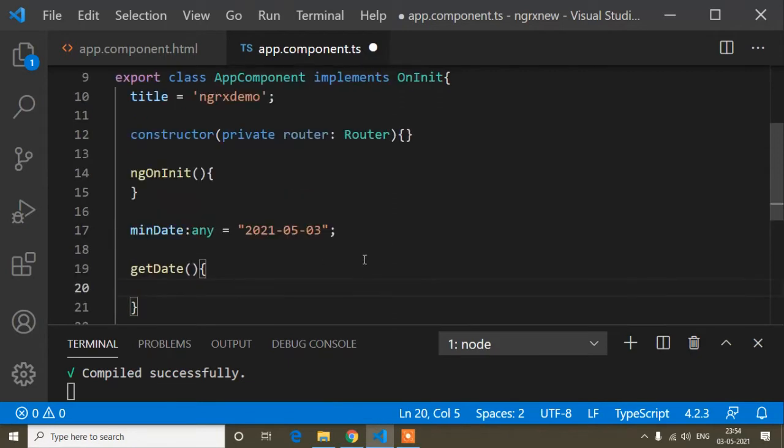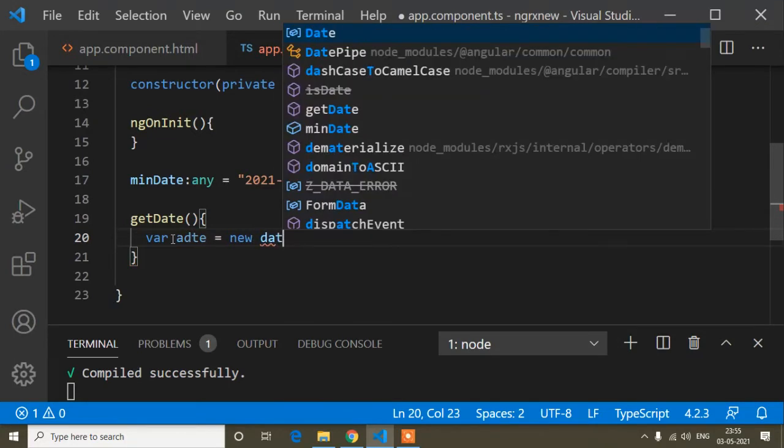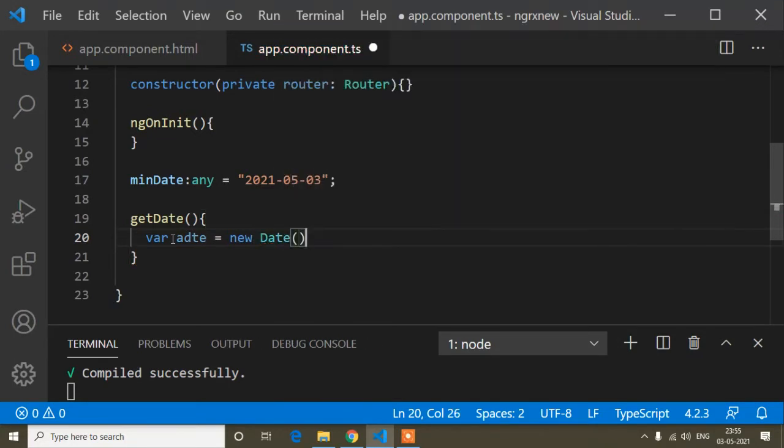So now guys, first of all here we need the date. Okay, so the method is new Date, so we can do it like that: var date equals new Date(). With this we can get the whole date.